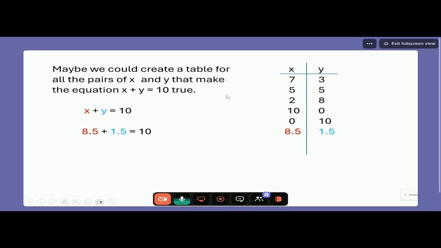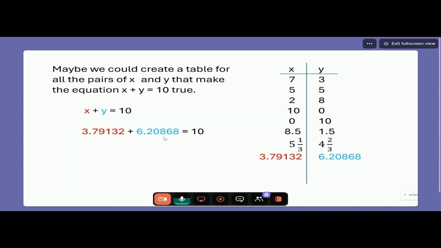It's a solution. What about fractions? Sure, no problem. 5 and a third plus 4 and 2/3. If you add those together, you get 10. Or if we get really ugly numbers, there are these big long decimals. If you try that out, you'll find that those two numbers do indeed add up to 10. So if you replace x with 3.79132 and you replace y with 6.20868, you will get a solution to this equation, an xy pair that makes